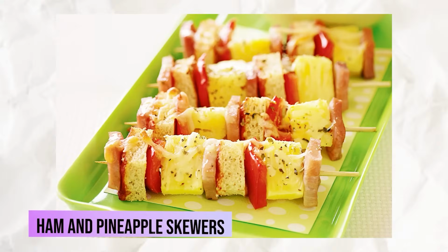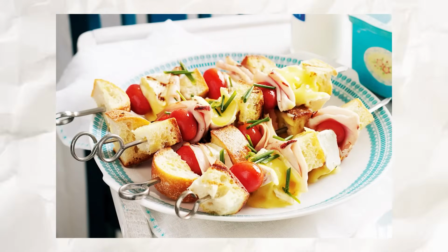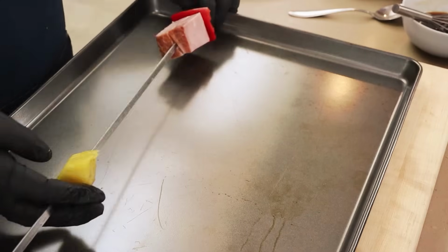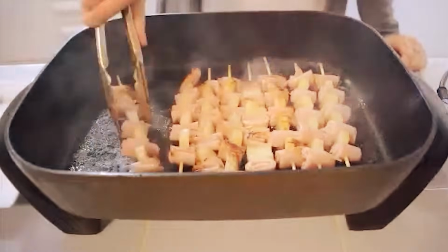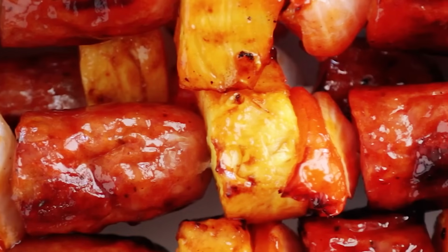Ham and pineapple skewers were a delightful combination of sweet and savory flavors that became a hallmark of mid-20th century entertaining. These bite-sized skewers featured chunks of salty ham paired with juicy pineapple, often grilled or baked to meld the tastes together beautifully. The dish reflected the period's fascination with tropical ingredients, which were becoming more accessible and trendy in